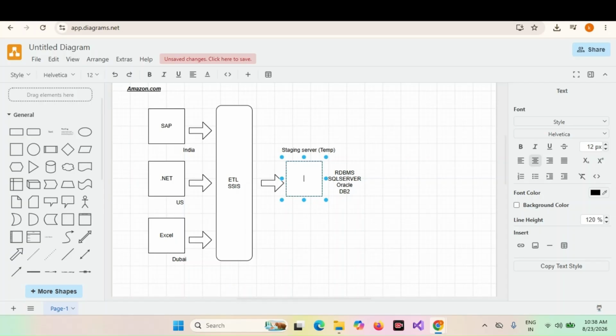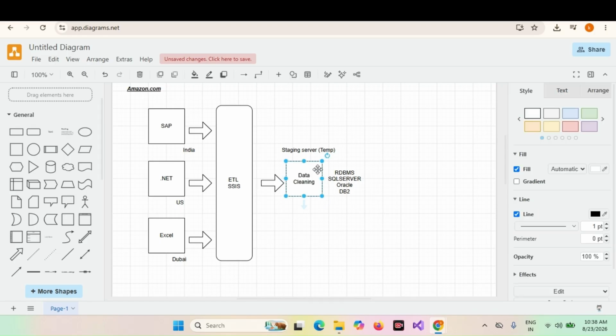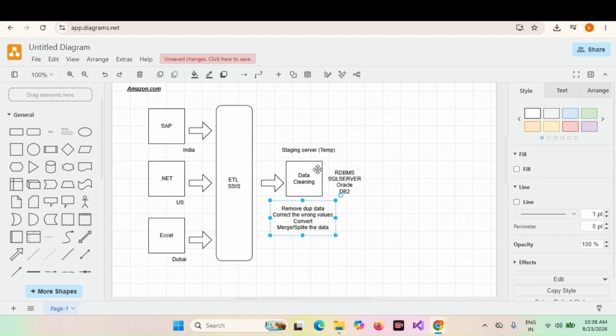What are we going to do in the staging server? We are going to perform data cleaning. What is data cleaning? Data cleaning means correcting the data before loading it into the data warehouse. For example, remove duplicate data, correct the wrong values, correct the data type, and merge and split the data. All these activities are part of data cleaning.